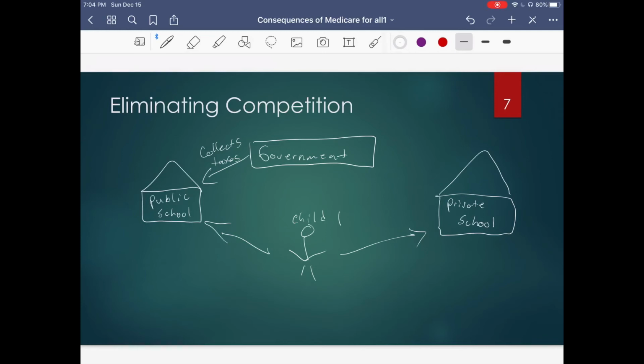So under this hypothetical plan, schools for all, children are forced to attend the publicly funded school with no option to attend the private school because it's not funded by taxpayer dollars. Under the Medicare for All bill, patients would have no insurance alternatives, so this is not an option. Health providers, though not government employees, would have no choice but to receive their income and instructions from the federal government, or from the relatively few people who could afford to purchase expensive medical services without insurance.